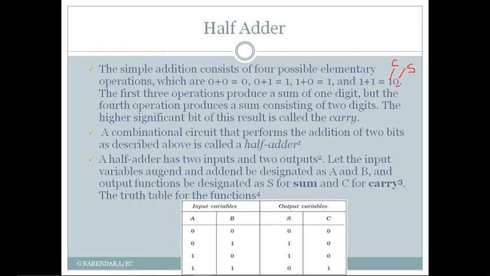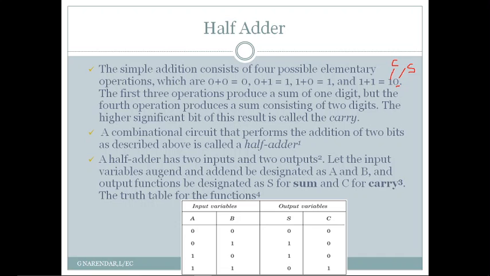Or I can also say these combinations as: both A and B are low, one combination; both A and B are high or 1, another combination; A is 0, B is 1, one combination; A is 1, B is 0, another combination. So we'll get 4 such combinations because there are 2 variables. If there are 3 variables, we will get 8 combinations, and if there are n variables, we will get 2 power n input